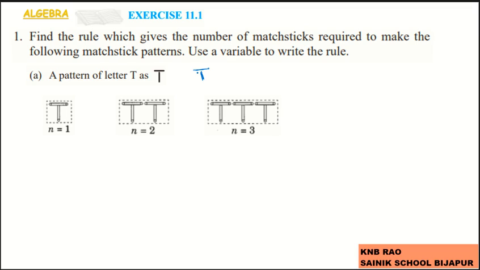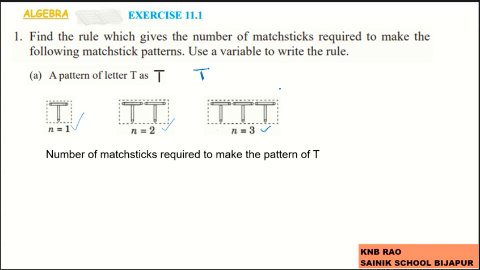You could observe here in the figure number 1, n says 1, which means number of T's that we are forming. Here in the figure 2, n is 2, which means I have got 2 T's formed. And in third figure, n is 3, which means I have formed 3 T's. Considering this n as a variable, number of matchsticks required